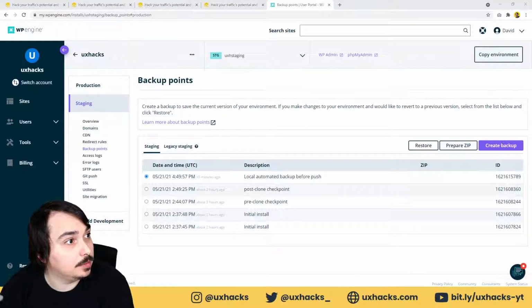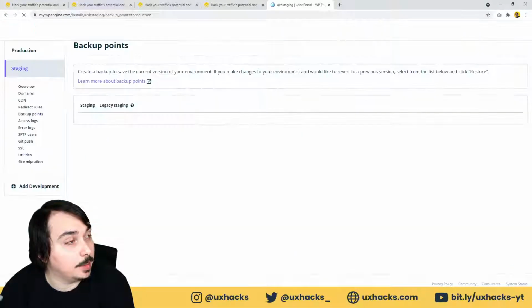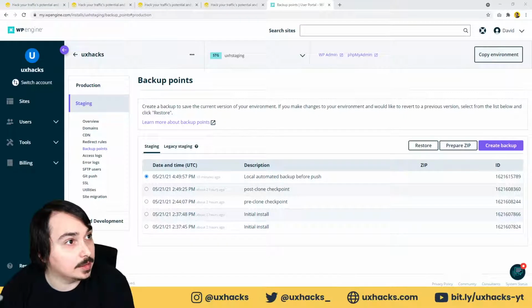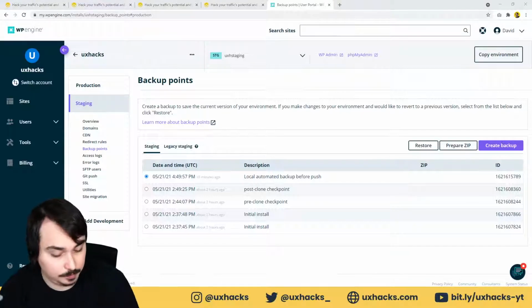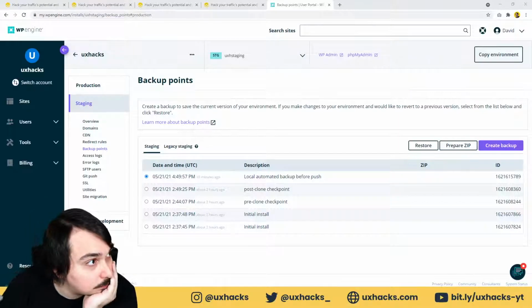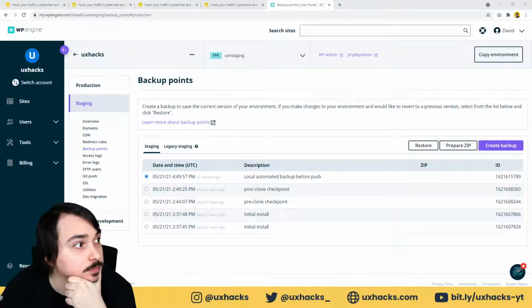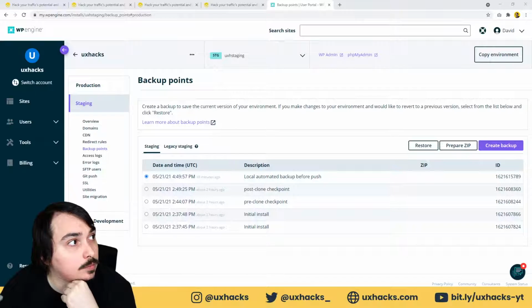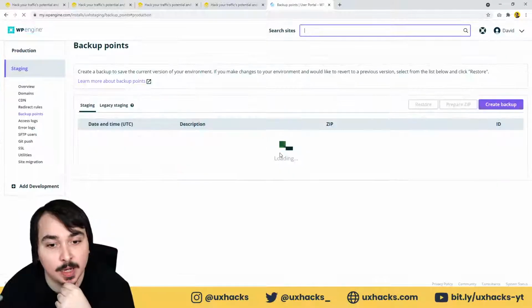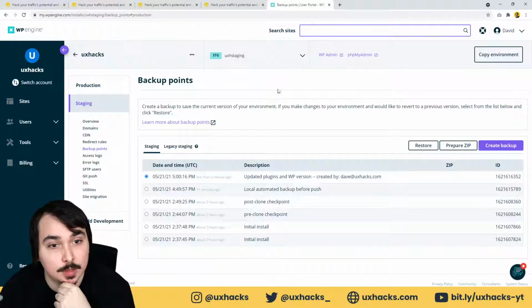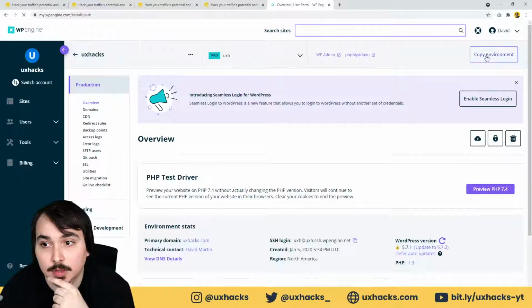I've got my email just open in my other window, waiting for that notification to come through. Okay, looks like it's ready. If I refresh, we should see a new backup point. There we go. Now we can go production, say copy environment,